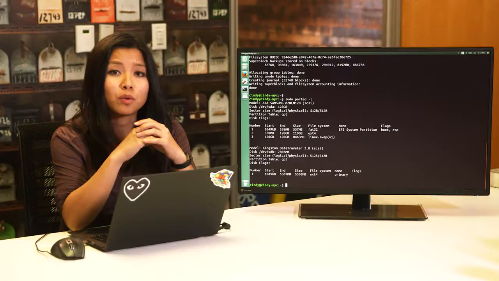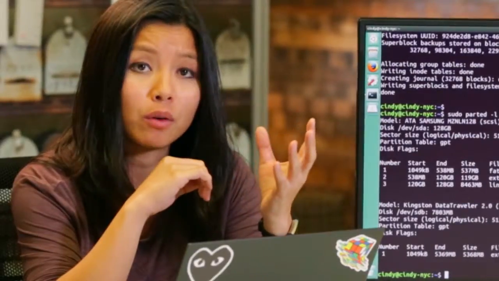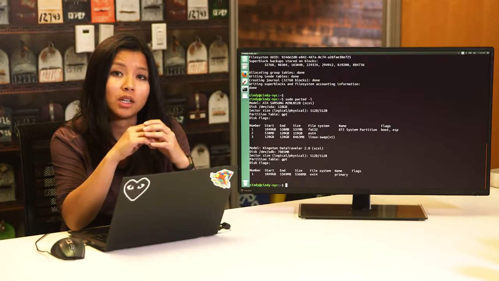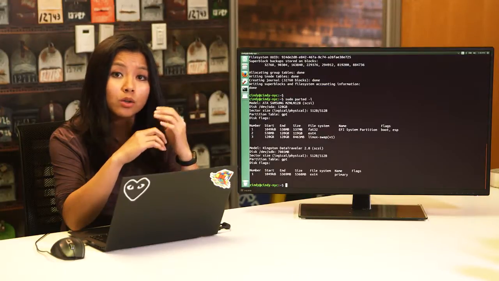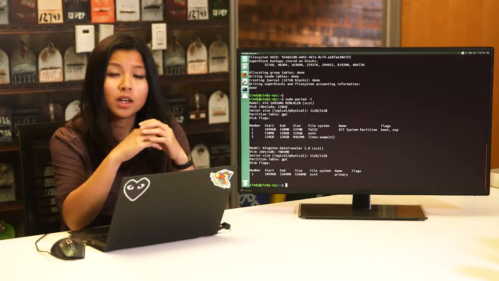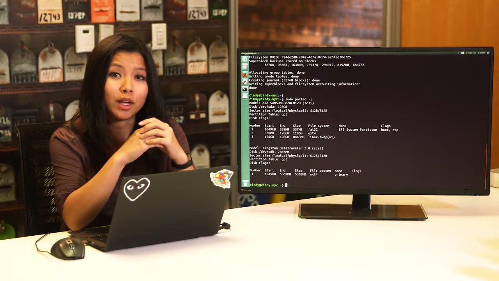Remember to always be careful when using the parted tool. It's very powerful, and if you modify the wrong disk on here, it could cause a pretty big mess. Even though we've partitioned our disk and formatted a file system on here, we're not actually able to start reading and writing files to it just yet. There's one last step to get a usable disk in Linux. We have to mount the file system to a directory so that we can access it from the shell. Spoiler alert, you'll learn how to do that in the next video.